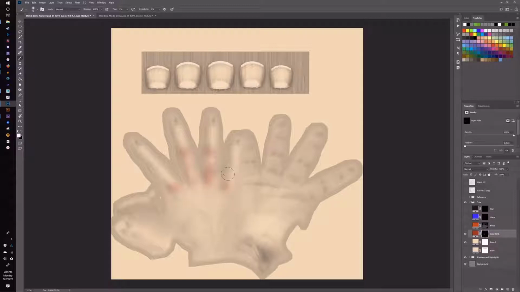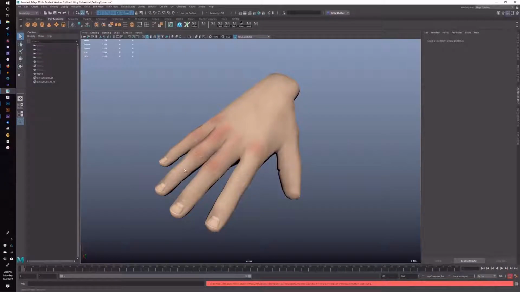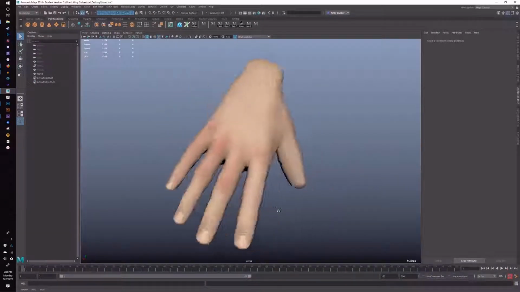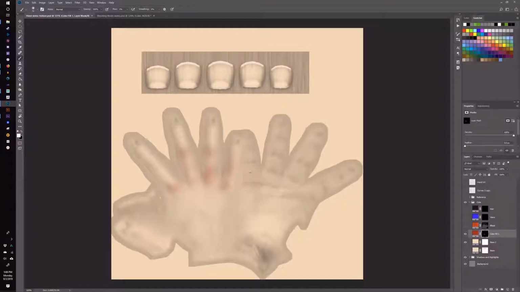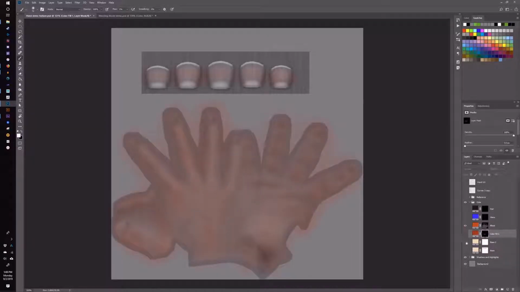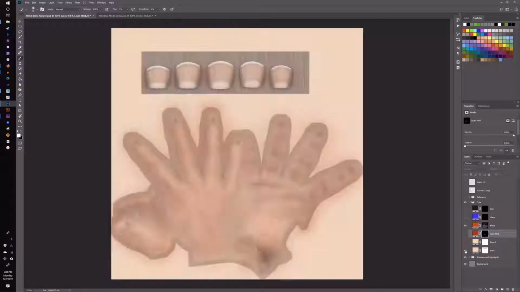This is the place where I tend to spend a lot of time. You do a little bit of work here, save, flip back over to Maya. Oh yeah, that's starting to look like something. And then you go back and start to paint some more in,